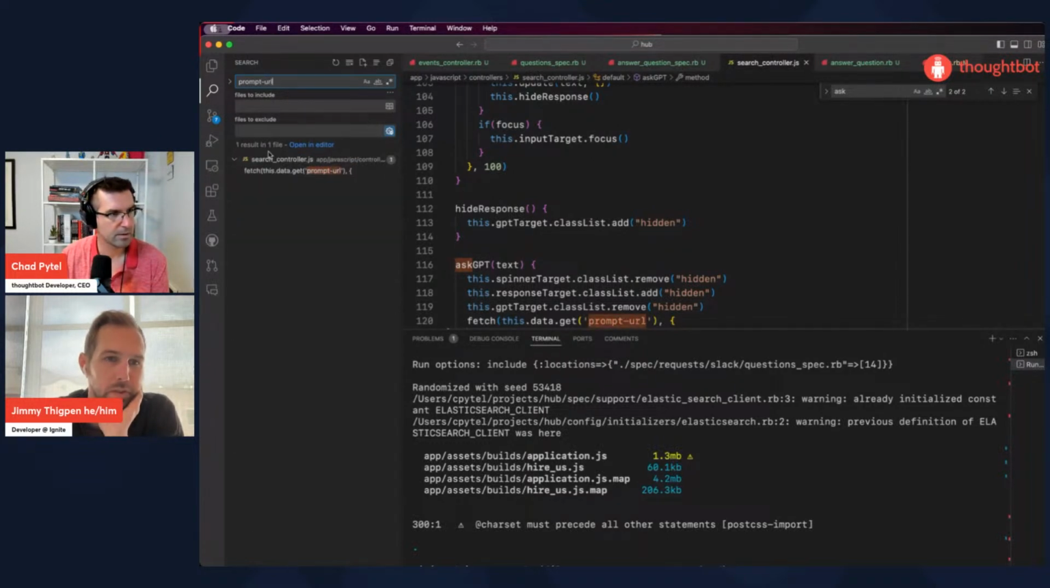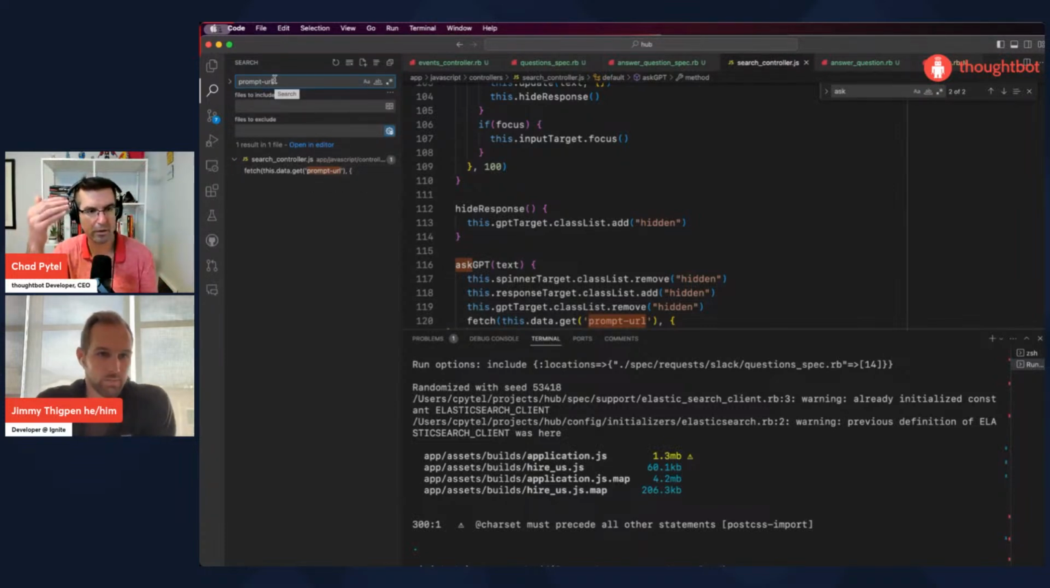What are you looking for? Just the, okay. I'm looking, so we're setting the URL to send the prompt to as a data attribute on the element, and then the JavaScript is reading that so that it's not hard coded in the JavaScript. Gotcha. And I'm just looking for where we,